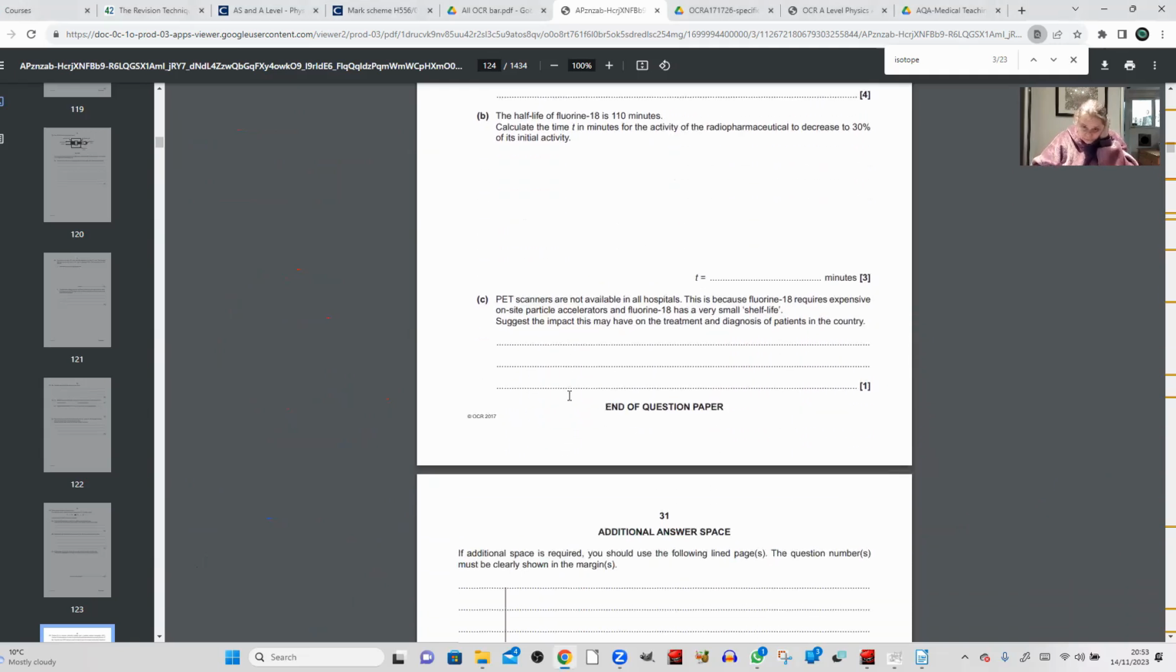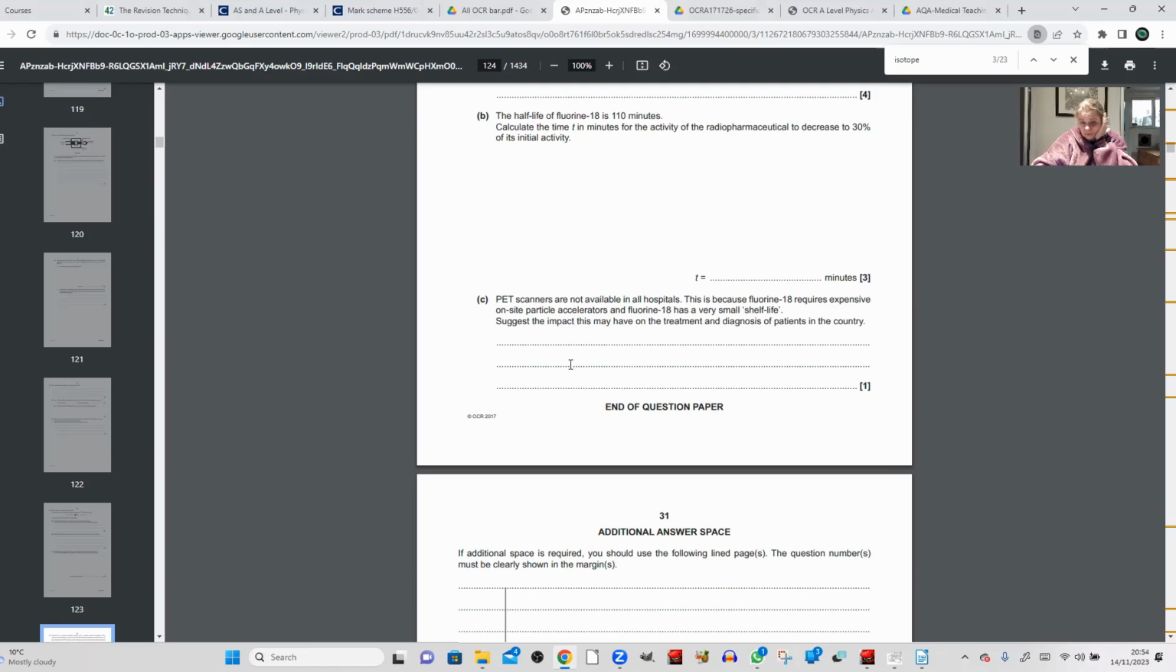So it says PET scanners are not available in all hospitals. This is because fluorine-18 requires expensive on-site particle accelerators, and fluorine-18 has a very short shelf life. Suggest the impact this may have on the treatment and diagnosis of patients in the country. So they want you to say something like the availability is going to be patchy, and it's a bit of a postcode lottery. It depends whether or not you live close enough to a big hospital where they've got one